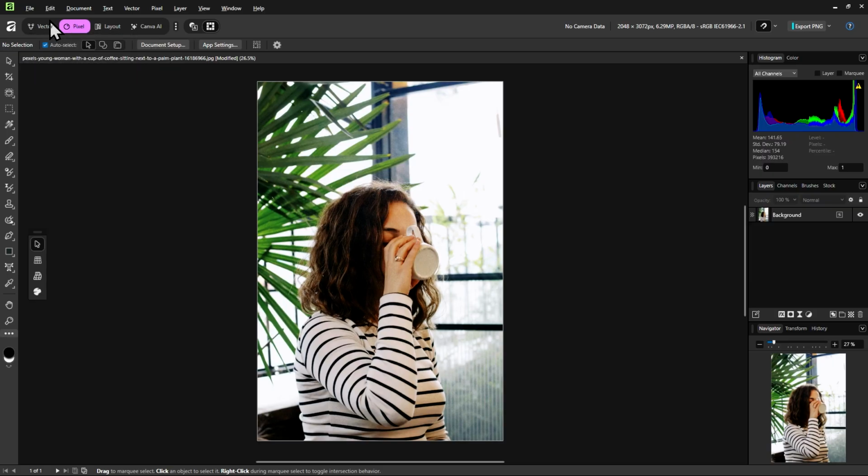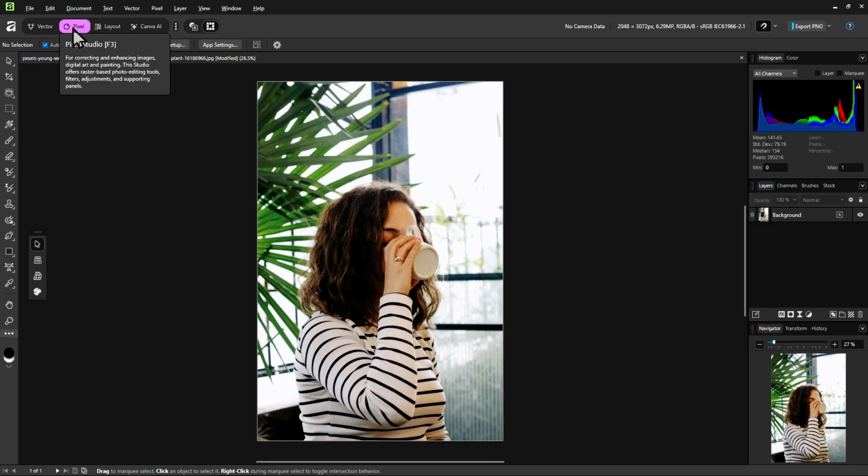Vector Studio is where you want to make icons, logos. Pixel is where you want to edit images. And Layout is where you want to make menus, brochures, flyers, etc. Since we will be working on this image here, that just means we need to make sure we are on Pixel Studio.